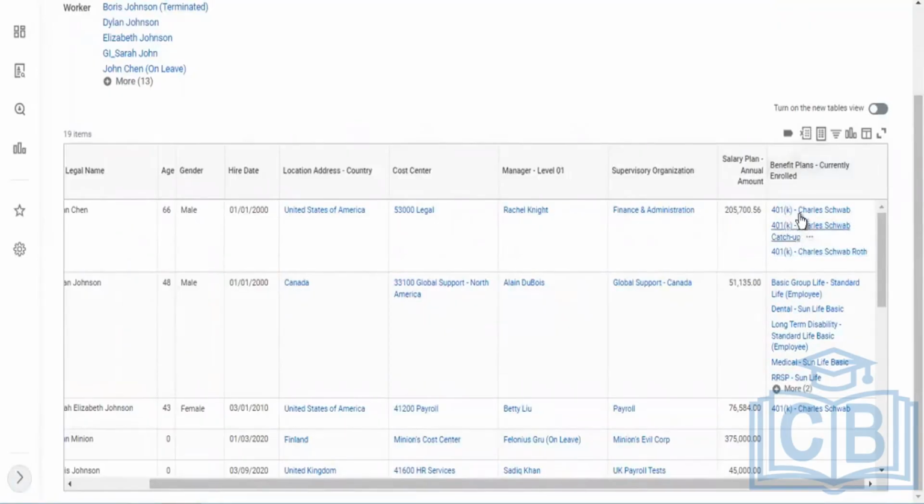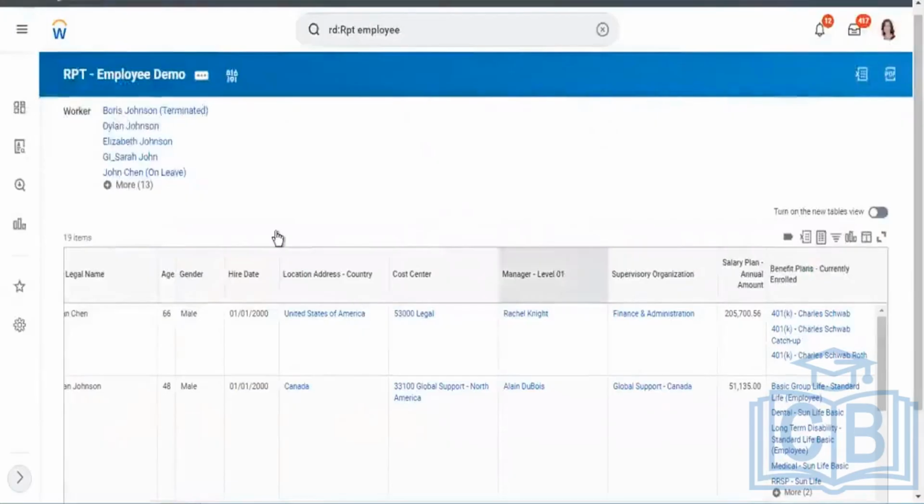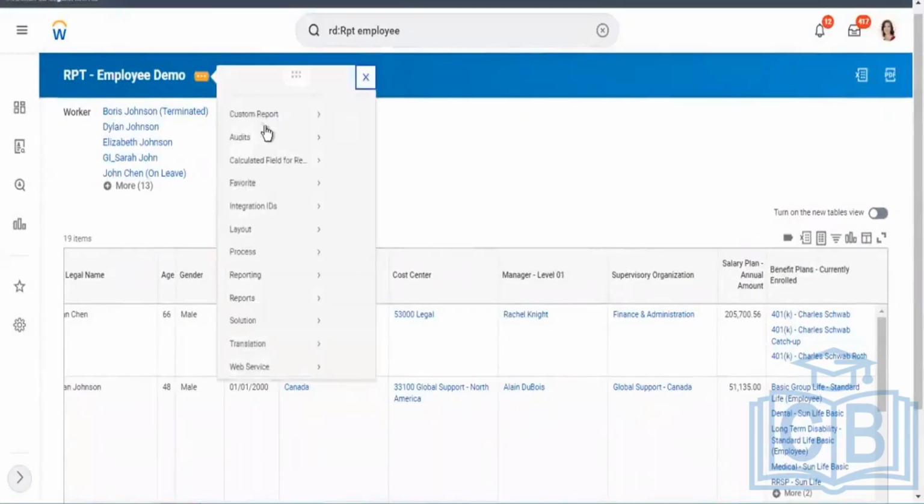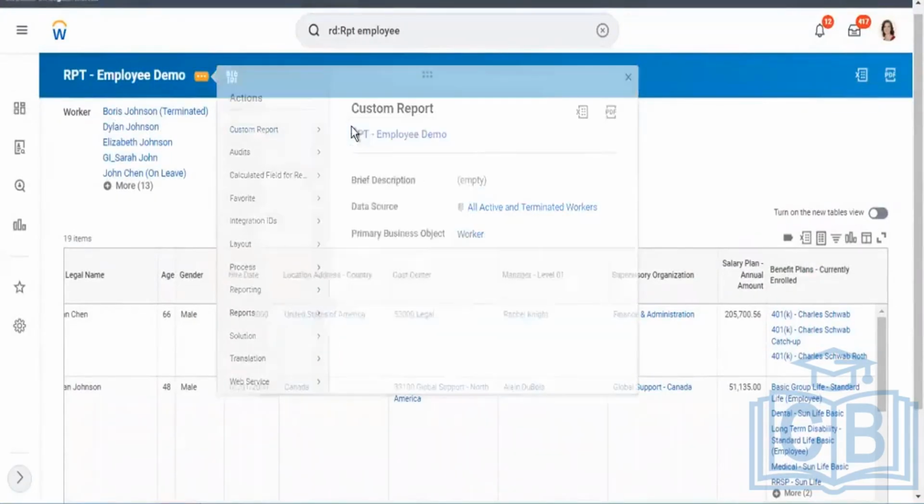With the calculated field type, instead of coming in a single column, this will be divided into multiple rows. That will be when you download an Excel, all these will be in separate rows. Right now, if you download an Excel, you will see everything in a single column. If you want to have these plans in different rows, you need to take this into a single instance. And you can also do one more way. The same report, if you wanted to have this in a single instance, a calculated field is one of the better ways, and you can manage that.